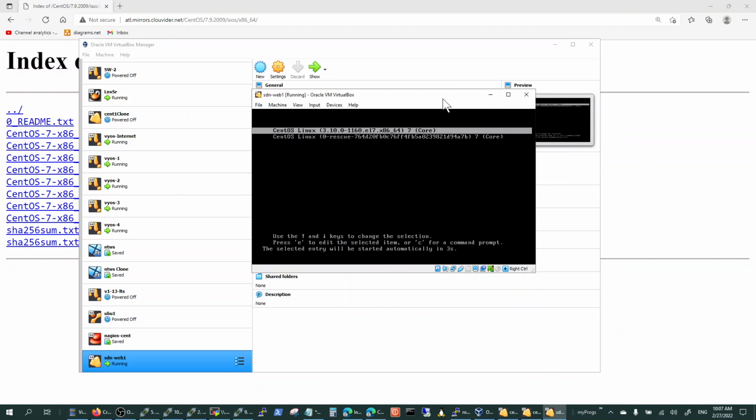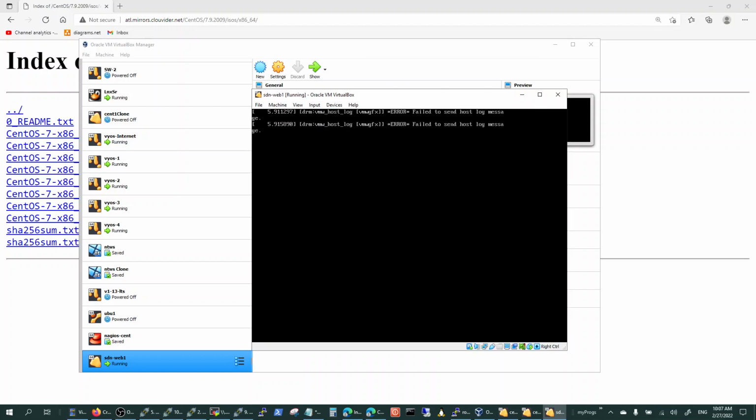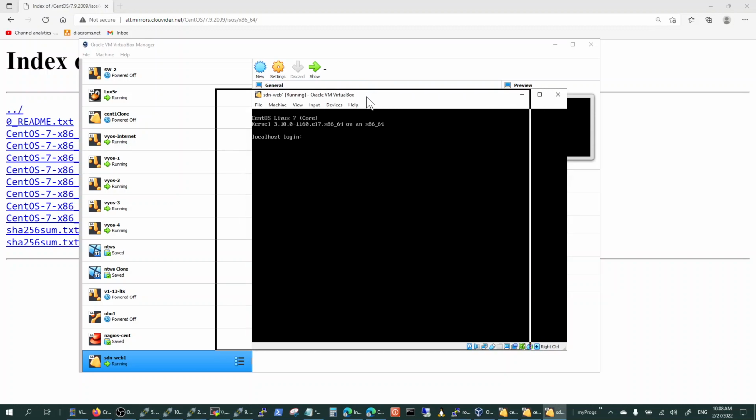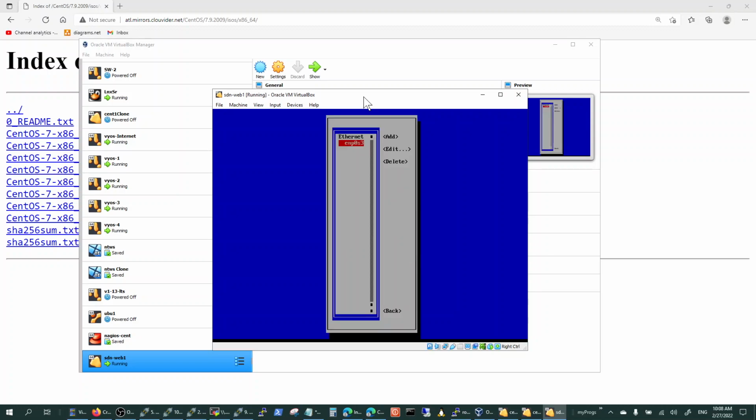And by default, it's gonna start and give you a prompt. Once you get this prompt here, you log in with your password that you set, and make sure you can ping the DNS, which in this case I'm not able to, so you're going to run this command, nmtui, edit the connection,